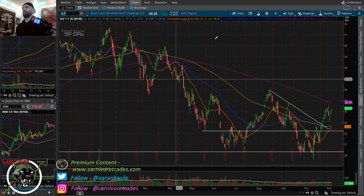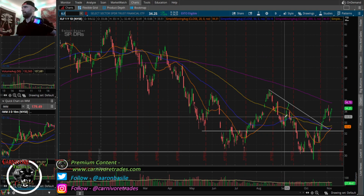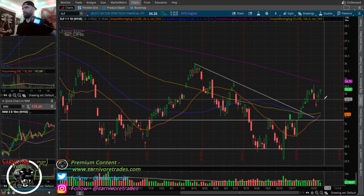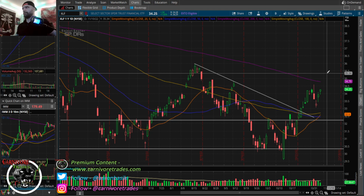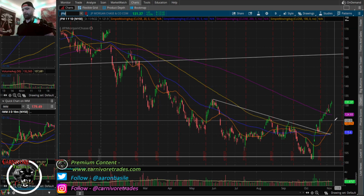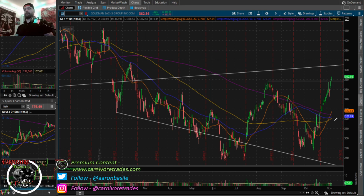XLF here. So XLF continues to be a strong sector, up 1% on the dot here, and you're still kind of chopping around. So get an up move and, kind of just sloppy bullish consolidation. This still could get another zigzag. I wouldn't rule that out. One thing I will say is some of these banks, specifically JPM and Goldman, this is not what a bottom looks like. I know this is a fierce rally, but